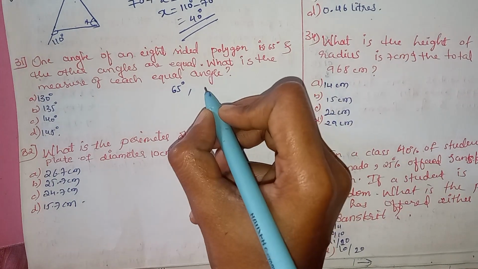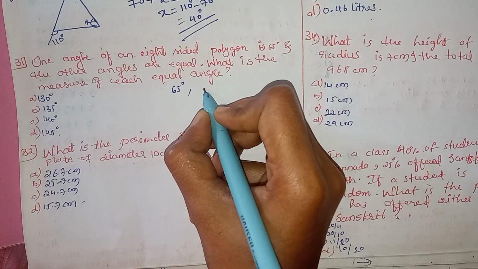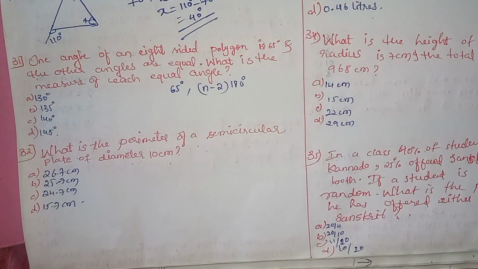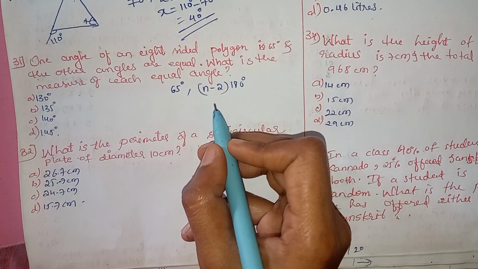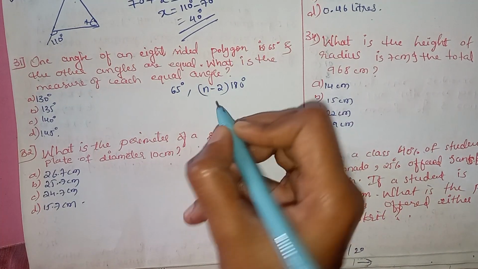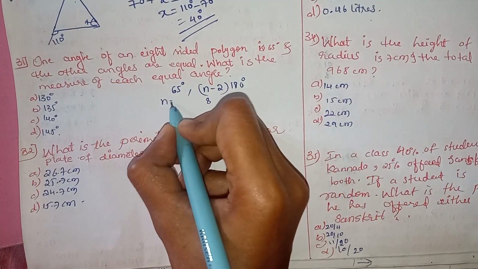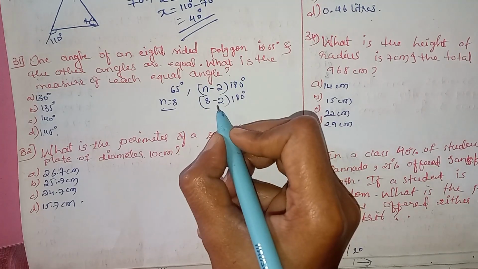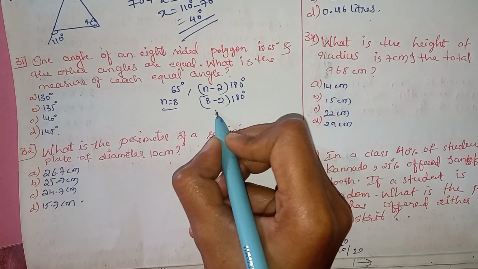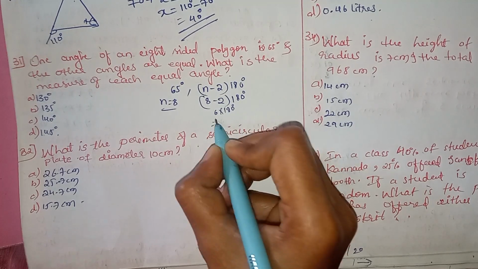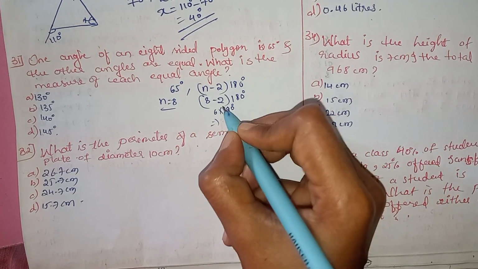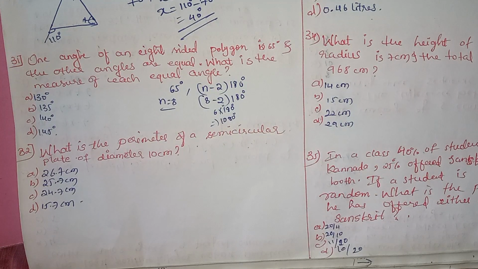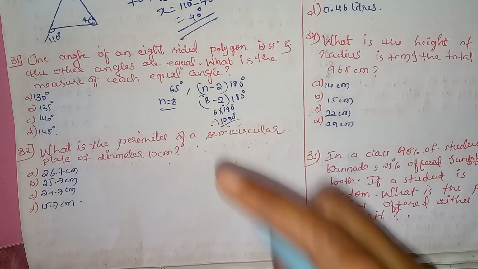So we know that the formula (n minus 2) into 180 degree is going to be the sum of the interior angles of any polygon. Yes. Next, we know that n is 8 here. Number of sides is equal to 8. So 8 minus 2 into 180 degree. What is going to be the answer? After solving this, 6 into 180 degree. Answer is 6 8s are 48, 8, 4 carry, 6 1s are 6, 4 plus 6, 10. 1080 degree is the total interior angles measurement.